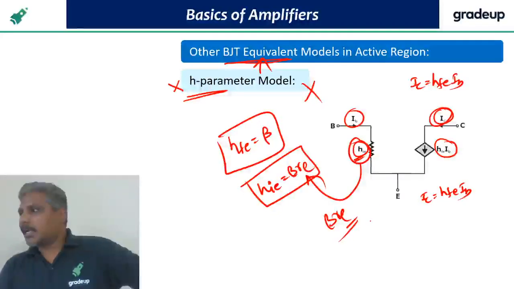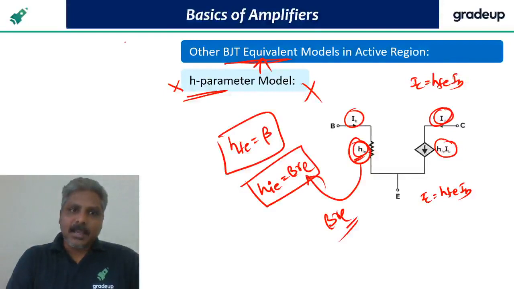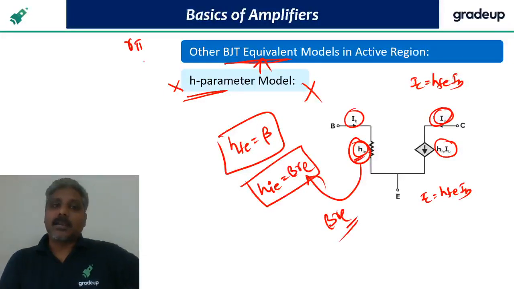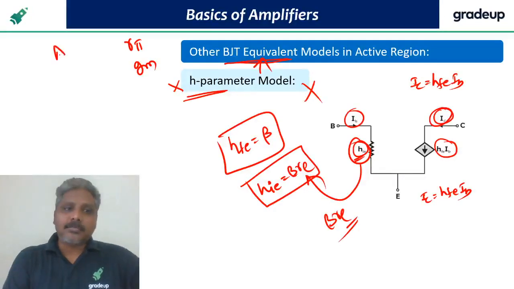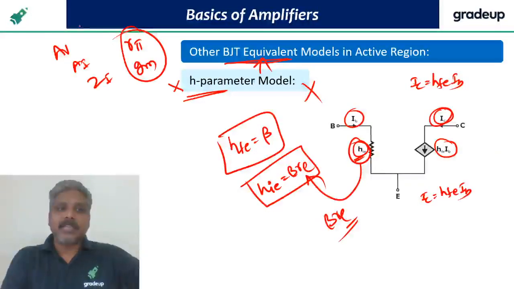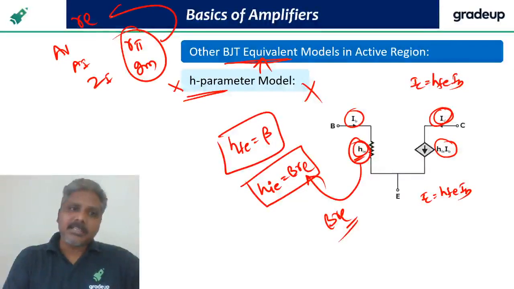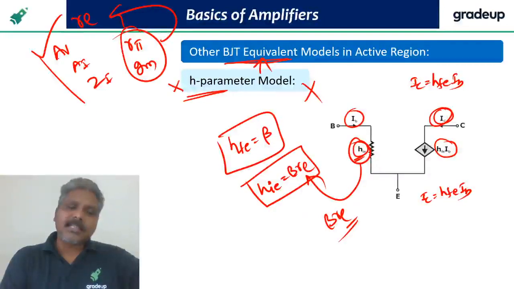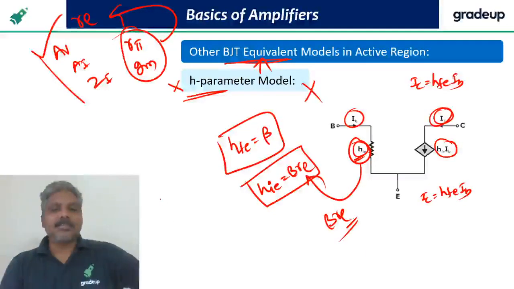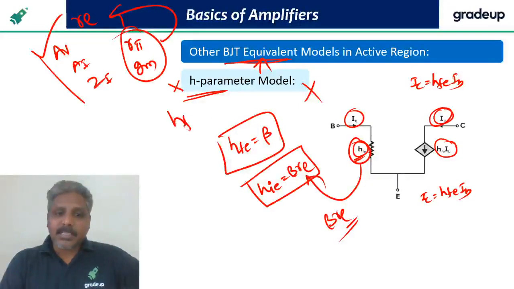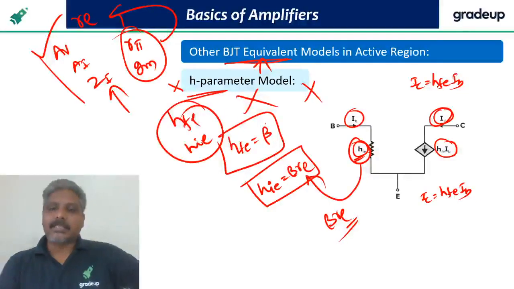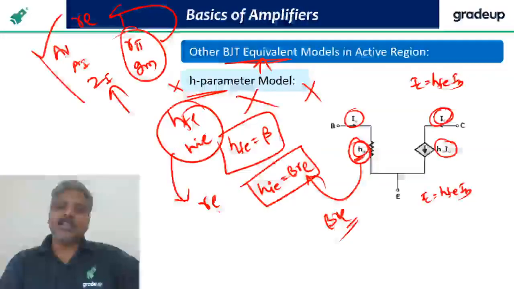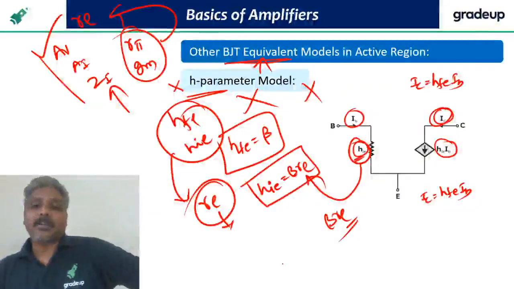Yashan is asking, some GATE problems where the RPi model comes. Yes, sometimes RPi values like RPi and GM are given and you are asked to find AV and AI or ZI. Then if you don't know the RPi model, because we are going to discuss RE, we can convert this into the RE model and we get exactly the same answers, no difference. Similarly, if H parameters are given, HIE values are given, and you are asked to find these values, and if you don't know this, then you can convert them into the RE model and do it. That is the beauty of the RE model.